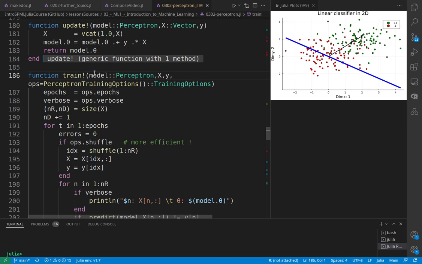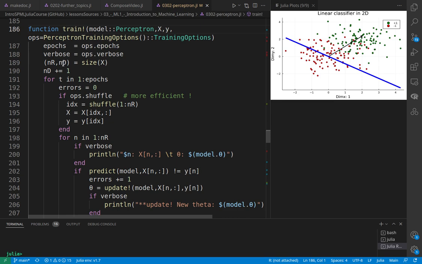We train with the specific model. We train giving the X and the Y, and we pass the training options in this opt argument. Here we retrieve the epochs and the verbosity level. We add one dimension because we are